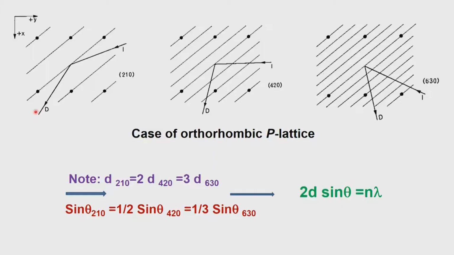So, the order of the reflections will appear in a diffraction geometry in such a way that each of them will represent a separate position for the reciprocal lattice point, because this will occur at this point, this will occur at that point, and that depends upon the angle between the incident and the diffracted rays, which is given in terms of these values. So, therefore, in general 2d sin theta is n lambda, but for all practical purposes in a diffraction experiment we take n equals 1. So, we therefore get 2d sin theta equals lambda, which is what we will be using in the entire analysis associated with the reciprocal lattice.